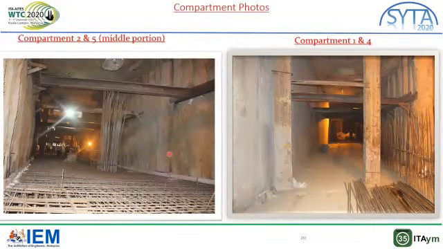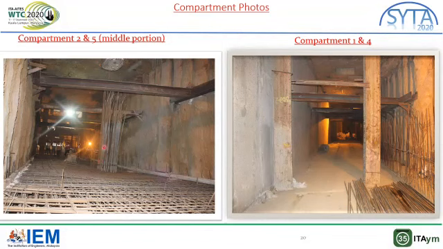Here are some site photographs of compartments which make the situation more understandable. This is a picture of compartment 1 and 4. This is the retaining wall. This is the undercroft slab. And these are the contiguous piles. These are plunge columns to support roof slab. These are struts. This is the opening left in roof slab over compartments for dumping sand in case of upliftment. This is a picture of compartment 2 and 5.